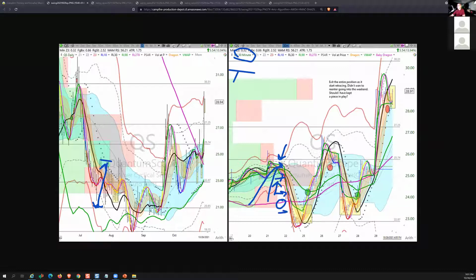Sells off, holds, PSAR flips, might have bought it right here, elected to wait for it to cross the Bollinger Band mean, uses this nice risk box. It runs up, gets all the way to the Z3, then starts to roll over. I might have said, maybe that's okay, but I don't mind the sniper exit there, and he cashes this winning trade